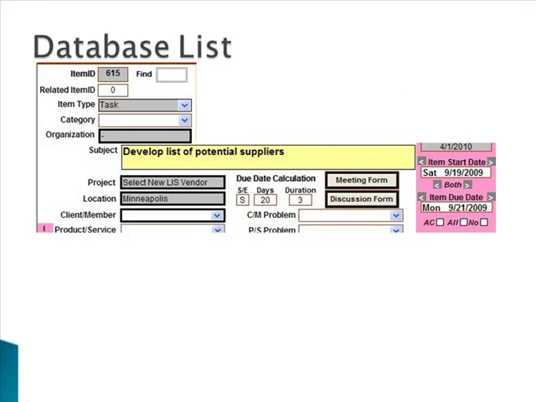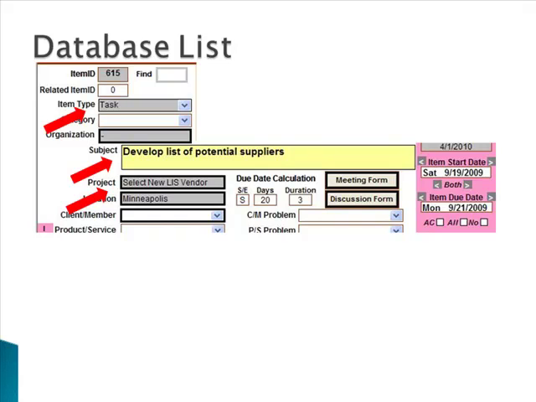Here's a simple example using one of the tasks from our spreadsheet before. If you look in the center, you'll see the subject field that we've been addressing all the time, and that is, this task was to develop a list of potential suppliers. If you look up near the top, there is the field item type, and this one is of course a task, but it could have been something else, and down below is the project, select the new LIS vendor. So we've used those three fields, the most common ones off of our spreadsheet,